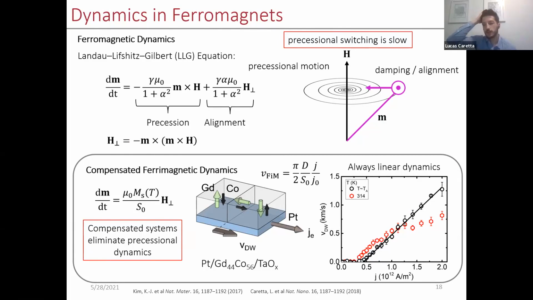There are certain garnets that, if you pick the rare earth right, compensate close to room temperature. I think gadolinium iron garnet has a compensation temperature very close to room temperature. I believe the damping is much higher in that system because it has a rare earth. But in principle, if you had an antiferromagnet with low damping, a material system that can support these high velocities, then you should in principle be able to see it, as long as you don't break the Lorentz invariance.